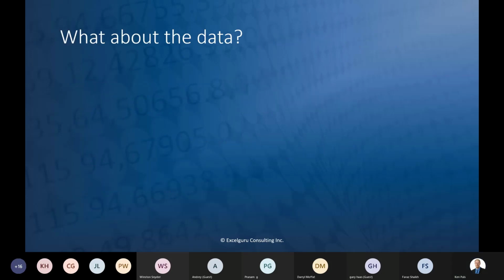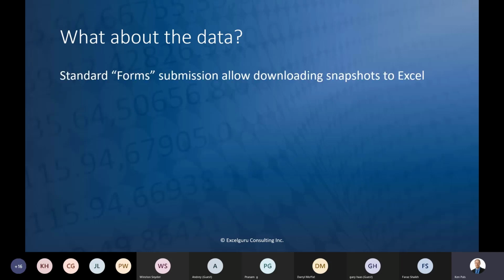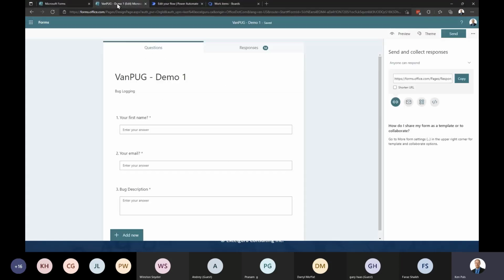Okay, all of you know that I like getting access to my raw data because I like to report on things. That's what I do. It's what I teach. It's what I sell. So what about the data behind the form? It's great that I can go and take that and write it to somewhere, but can I read it later? And the challenge that we've got with this is your standard form submission allows downloading snapshots of your data and only snapshots. If I go back to our VanPUG form here, and I take a look at the responses here,